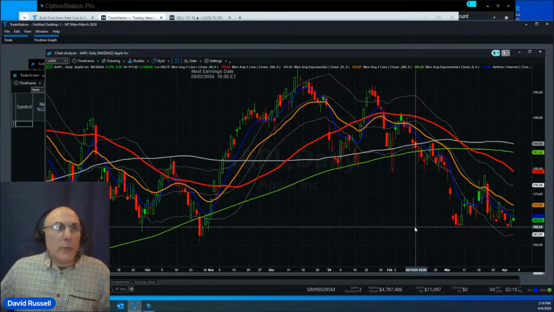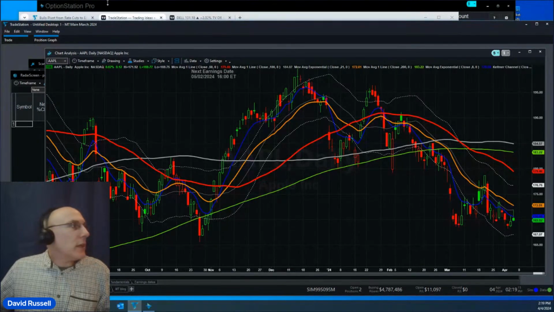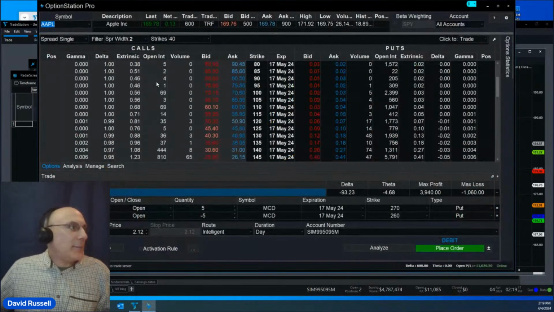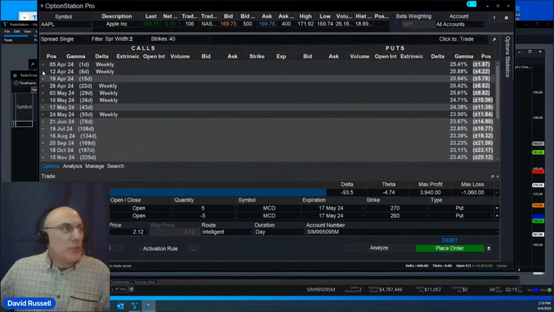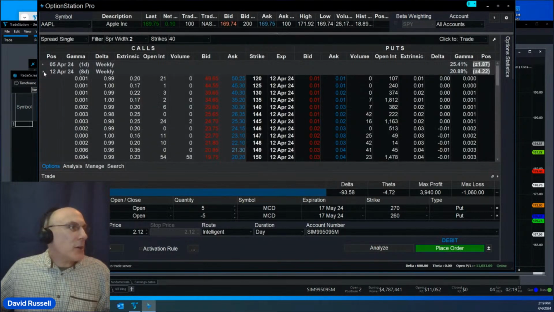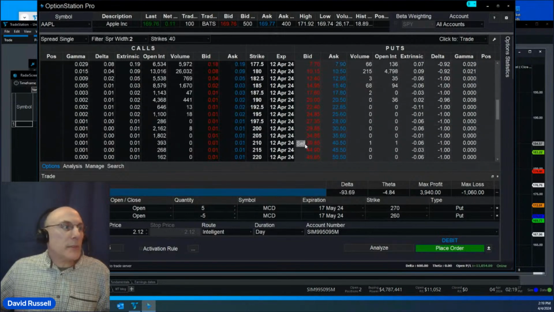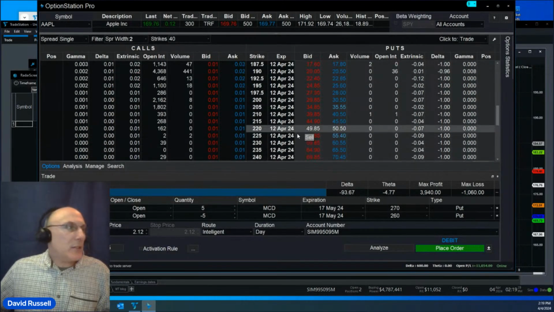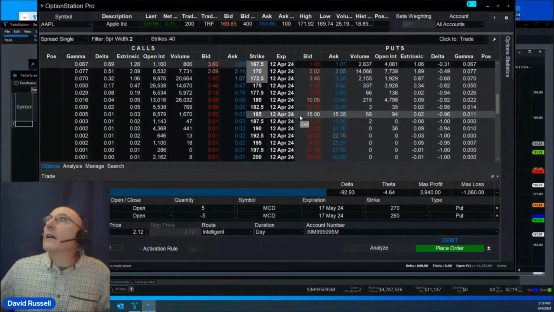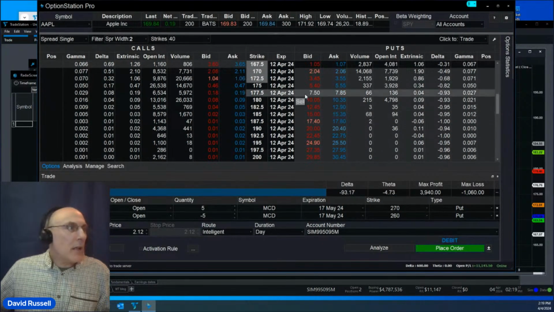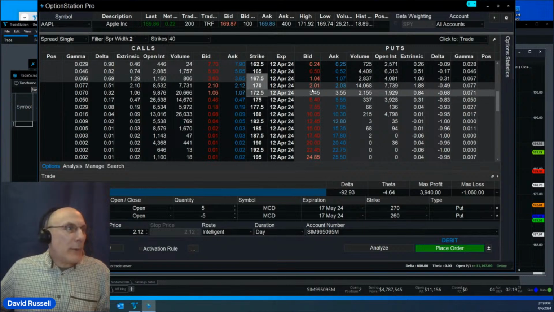What was interesting to me was, if we're thinking about selling options, the sharpest time decay occurs in the last 2 weeks. So, looking for something like the 12th of April expiration, a person could potentially look for something with the stock right around 170. Maybe now we want to move down a click if something is happening in the market. But the one I was looking at the time when I prepared this webinar